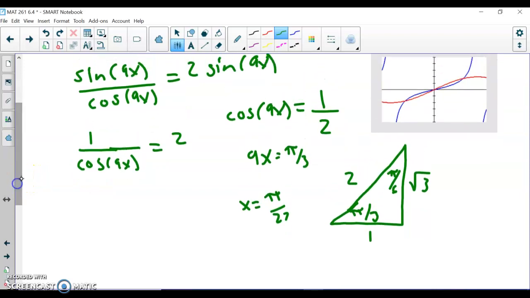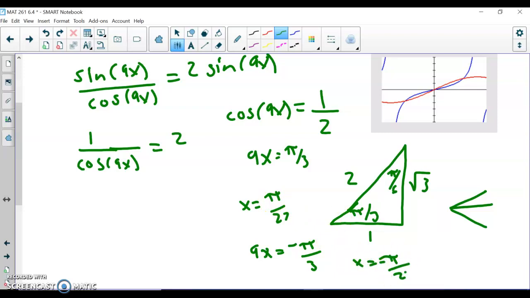However, there is another value, another reference angle that gives us a positive 1/2 out of cosine, right? Cosine is also positive in the 4th quadrant. So it should be true that 9x can also equal, think about staying in the positive quadrant, then we rotate pi over 3 in the other direction, clockwise, to put us in the 4th quadrant where cosine is positive. So this should also be true, right? 9x could also be equal to negative pi over 3, which means x can actually be plus and minus